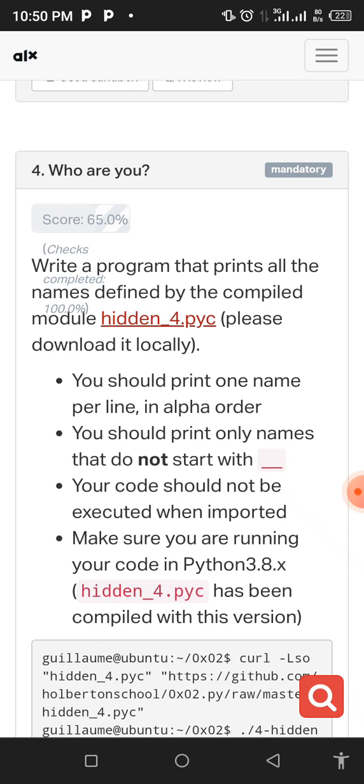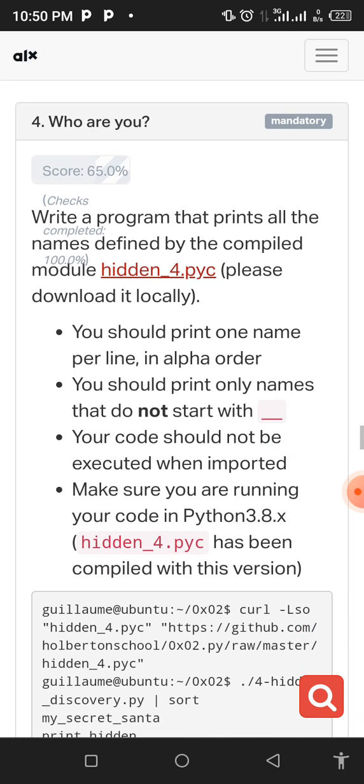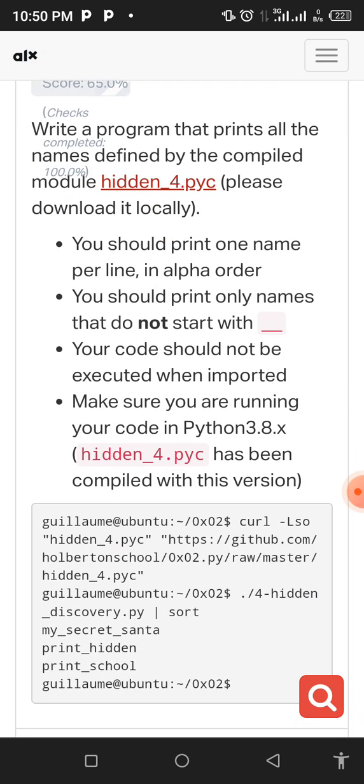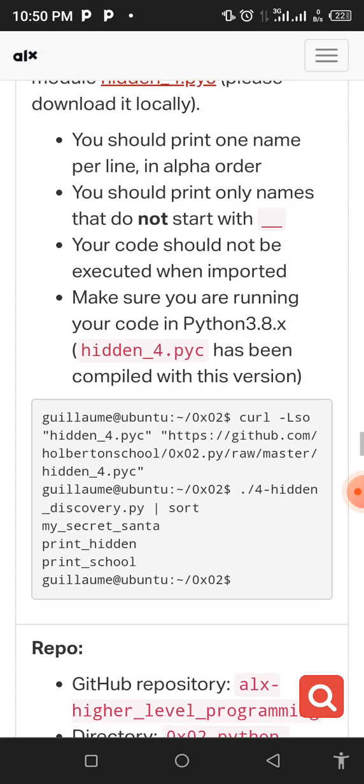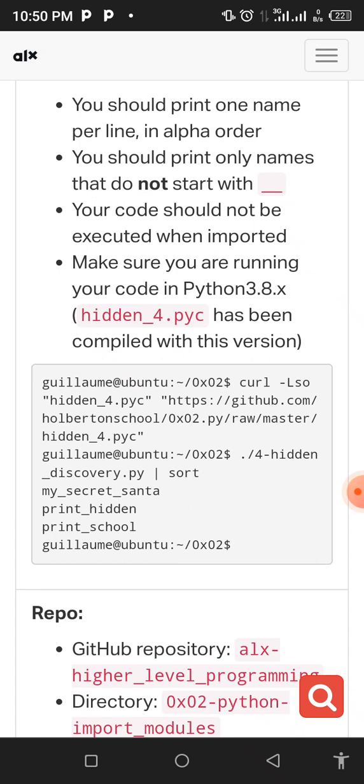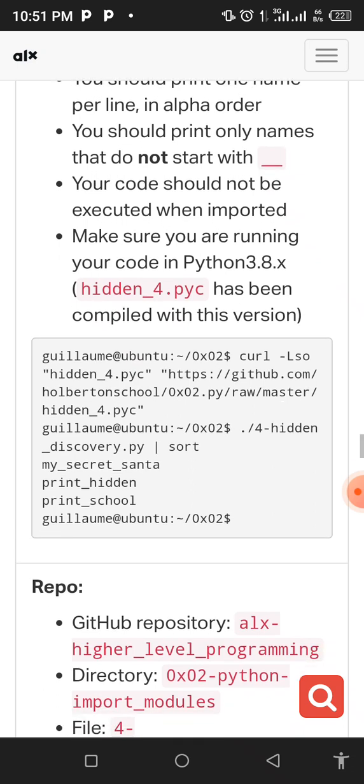Hidden underscore 4.pyc has been compiled with the version it is compiled. That's never my business. But to get the main stuff, to know what we are going to do, the first thing is running this line of code, which I'm going to explain later on. Then hit it this other way, which is a bit